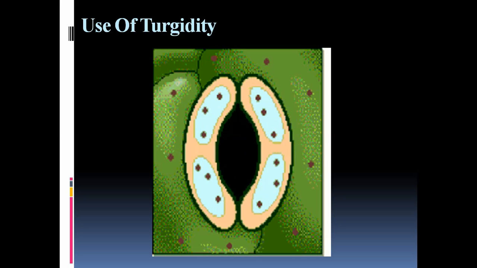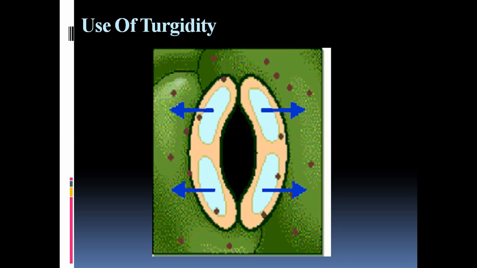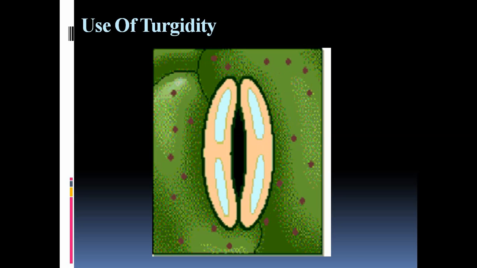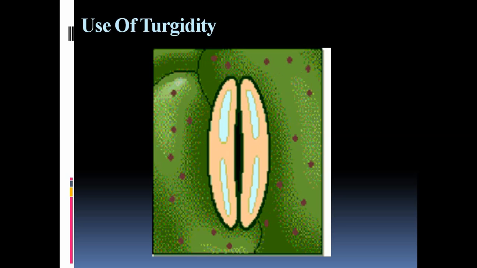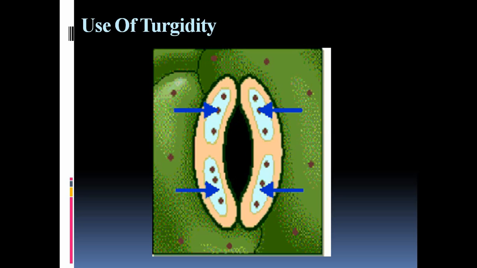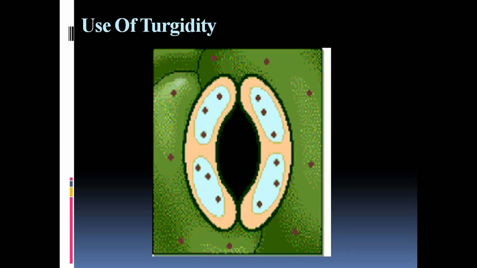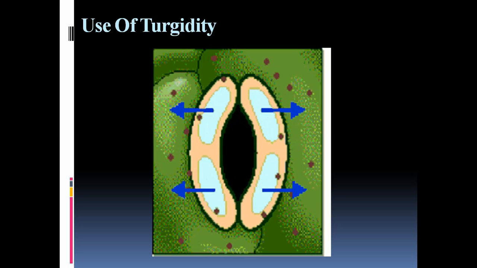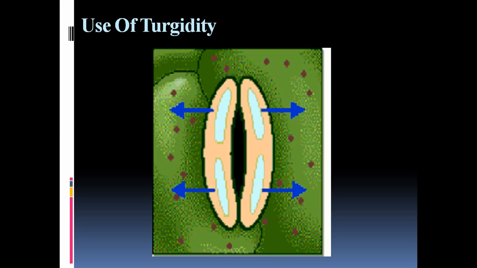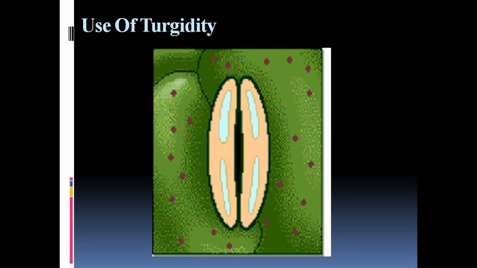What happens? Guard cells contain chloroplasts, we all know. So during the daytime, guard cells photosynthesize. We all know the product of photosynthesis is glucose. So when guard cells photosynthesize, the concentration of carbohydrate rises in the guard cells, and thus the guard cells become hypertonic compared to the adjacent cells. This leads to osmotic uptake of water by the guard cells from their adjacent cells, and thus the guard cells swell up.